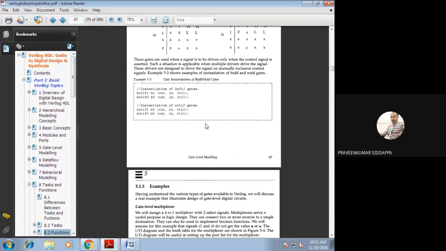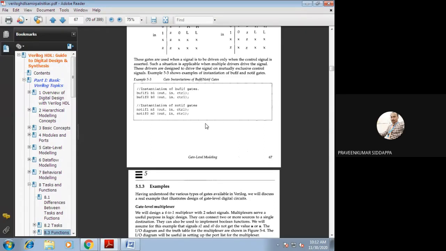First we should compulsorily write the output, then in and control. First we'll check the control. If control is one, then out equals in should be executed. In this format we should write the buff and not if statements. All four I have written: bufif1, bufif0, notif1, notif0.